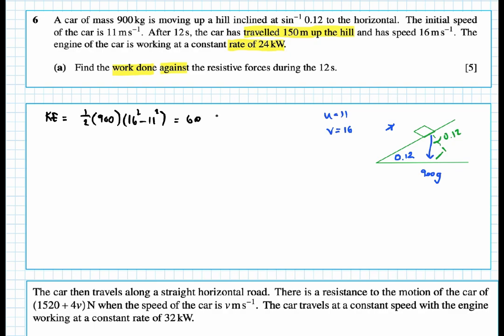So we'll do both our initial and final velocities there. We get 60,750. The potential energy, 900 times gravity times, we don't have our vertical height above the ground here, so 150 times 0.12, and we get